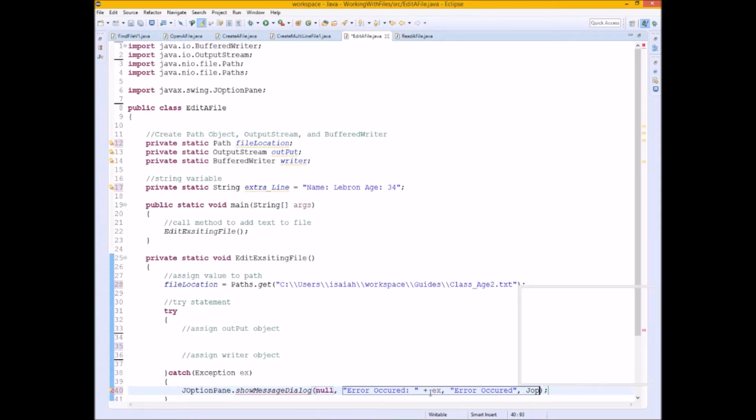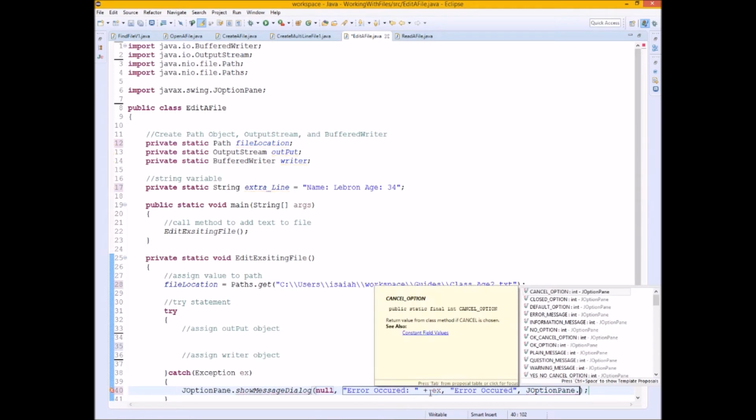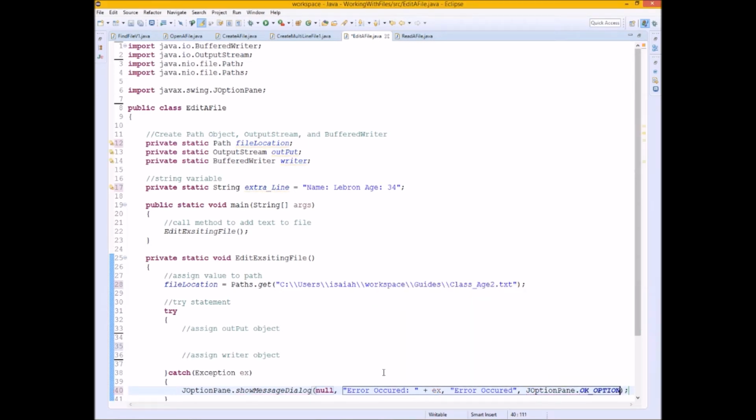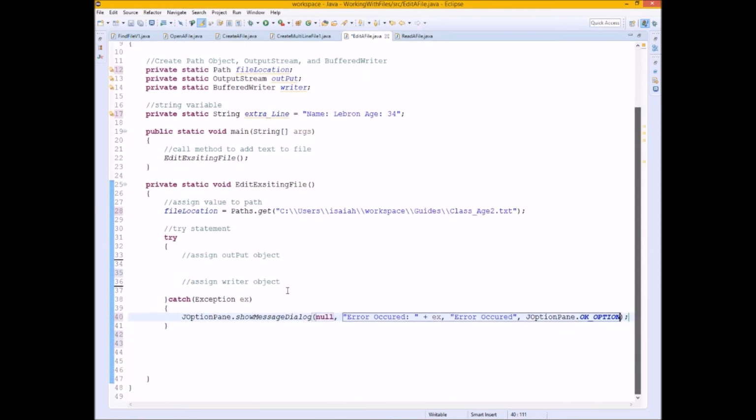JOptionPane. I want it to just be an OK option, confirming that you see the error. Perfect. So we have dealt with handling our errors. Now what we want to do is go ahead and start working on the